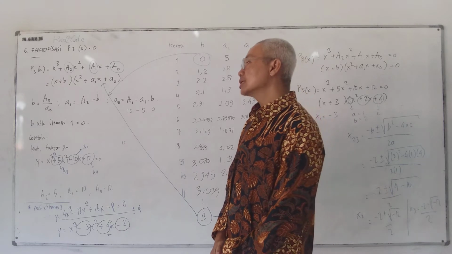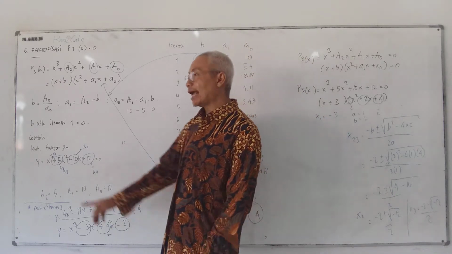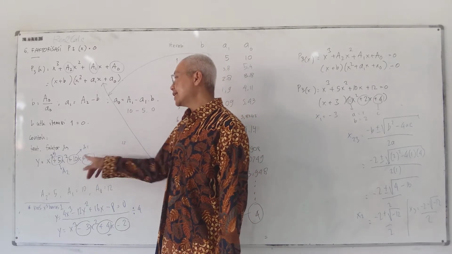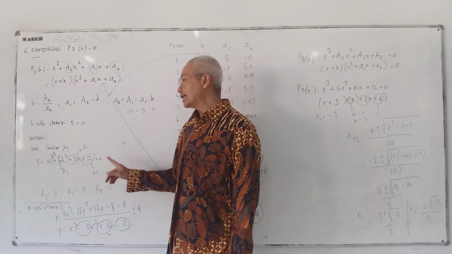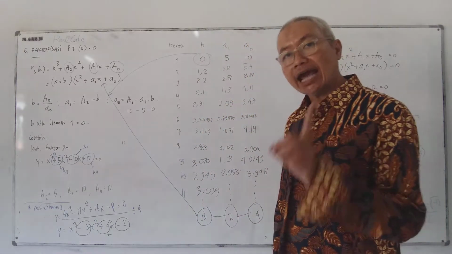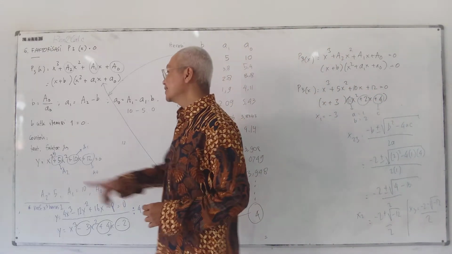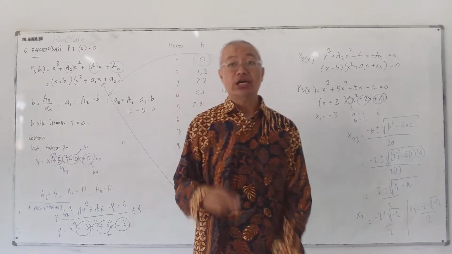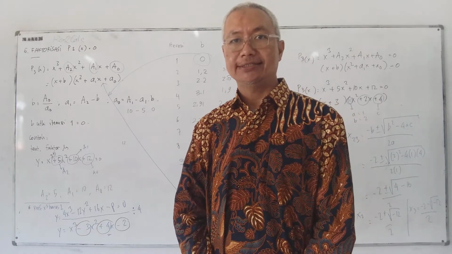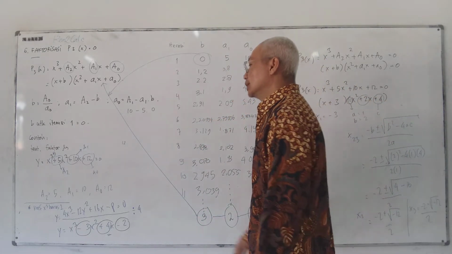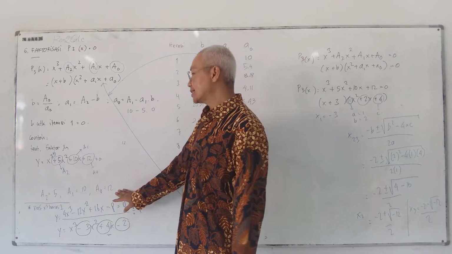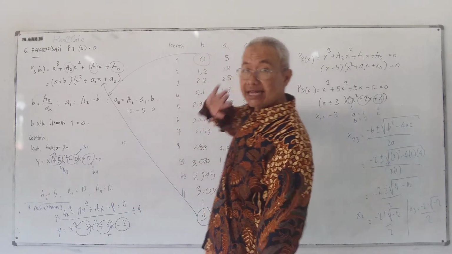So we know that A2, the coefficient of x squared, is 5, and then A1 is 10, and then the constant value is 12. Remember, be careful, pay attention that the coefficient of x power 3 should always be 1. Understand? So, after we know that A2, A1, and A0 are 5, 10, and 12,